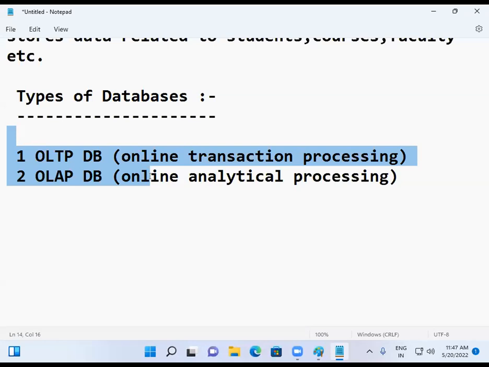So the reason is simple. SQL Server is the best tool for analyzing structured data. Hadoop and data science are good for analyzing what? Unstructured data. Hadoop and Spark are good for analyzing unstructured data. Structured data means the data is in tabular form, in table form.